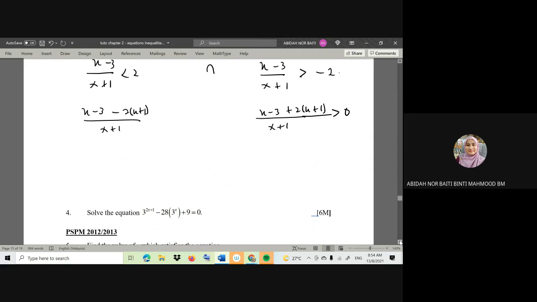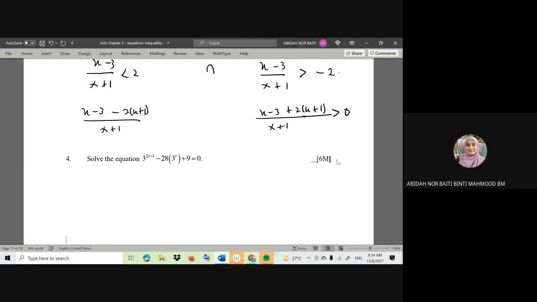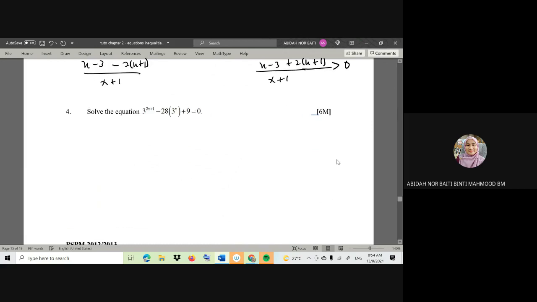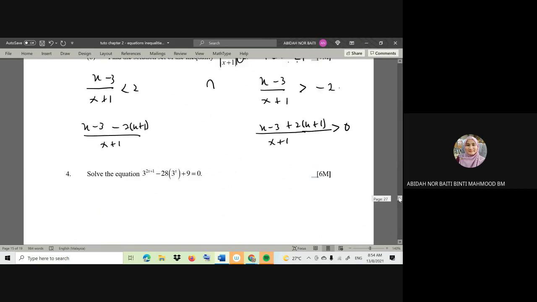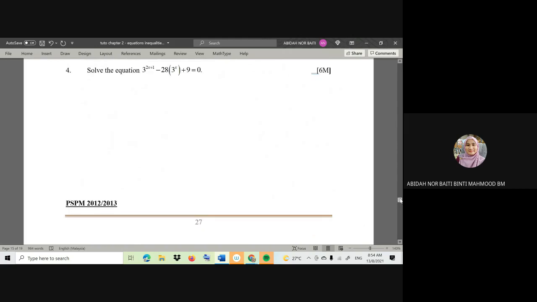Determine the value of x for numerator and denominator ya. Dia boleh buat sendiri ya. Ada dua table lah. And then combine your two answers in one number line and find the intersection between two lines, sebab dia adalah and. Okay, so number 4 is